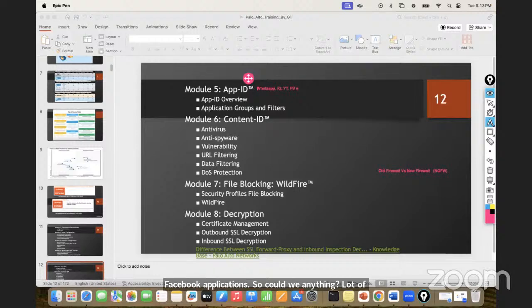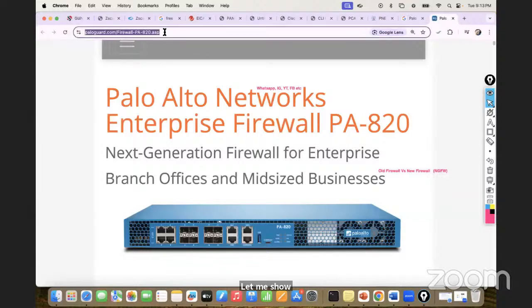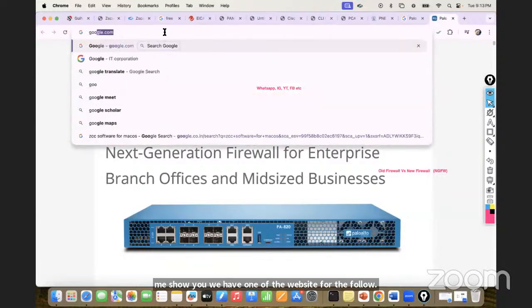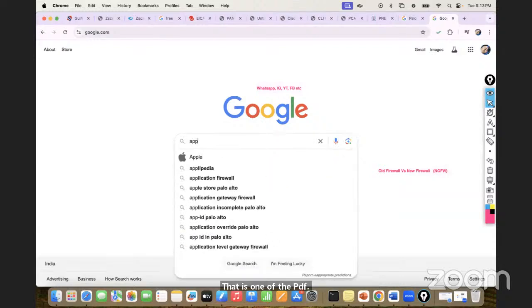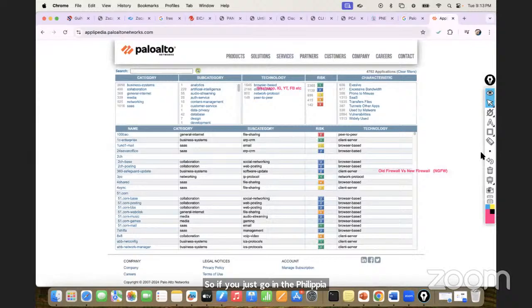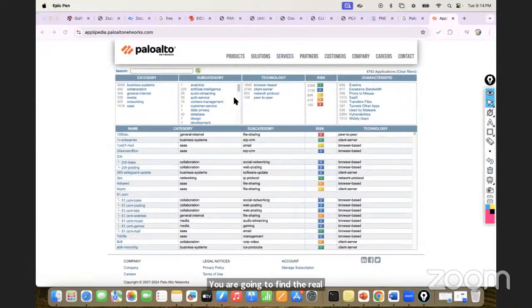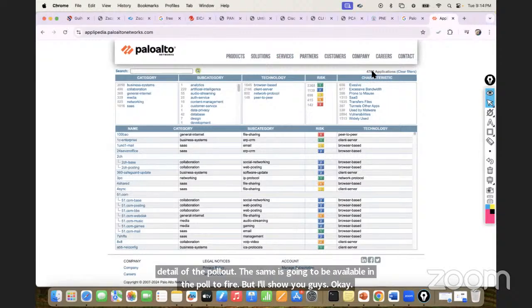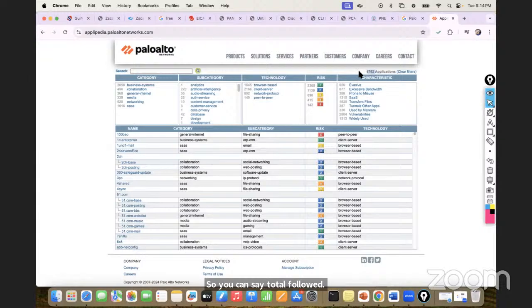Let me show you. We have one of the websites for Palo Alto that is known as the Applipedia. So if you just go in the Applipedia, you are going to find the real-time, all application details of Palo Alto. The same is going to be available in the Palo Alto firewall. I'll show you guys. Okay. So you can say total Palo Alto firewall is recognizing 4762 applications. Right? These are all the global major applications. And these application databases are available in the Palo Alto firewall itself. Means their signature, their properties, all their characteristics are all available in the Palo Alto firewall, means that dashboard,